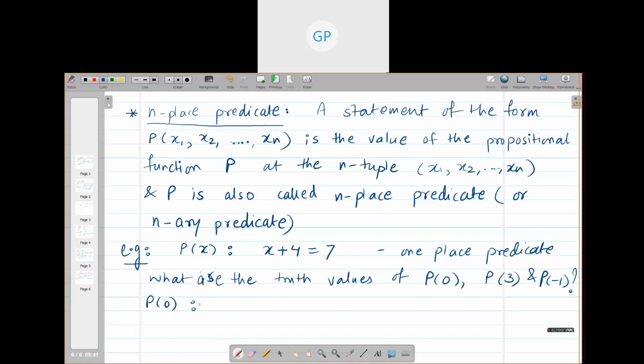What will be P0? 0 plus 4 equal to 7. So is it correct? Does 4 equal 7? So it is false. So when you substitute the values, your predicate becomes a statement and then it